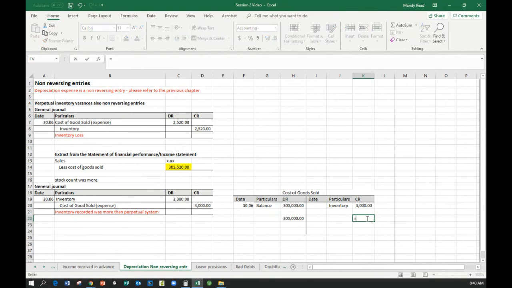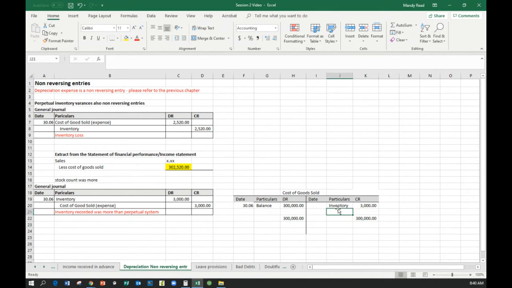Okay, so you know that we then need to balance the account. So what would be closed off to the profit or to the trading account, I should say, is going to be obviously your 300,000 minus your 3,000, and in which case our cost of goods sold balance that would be closed off to the trading account is